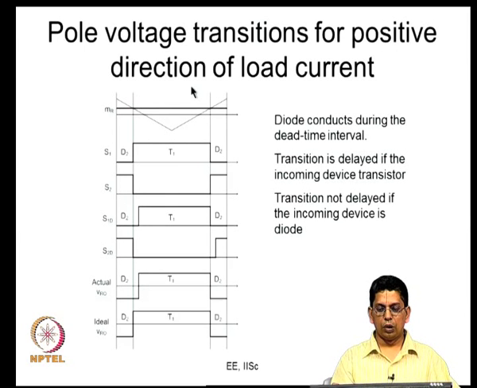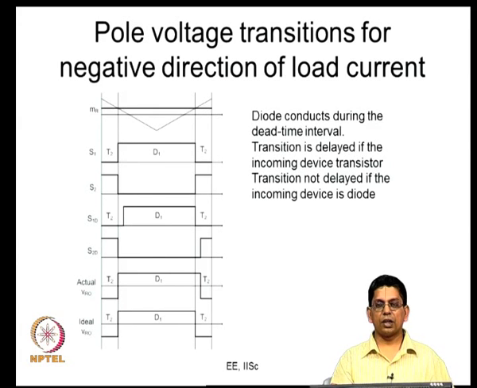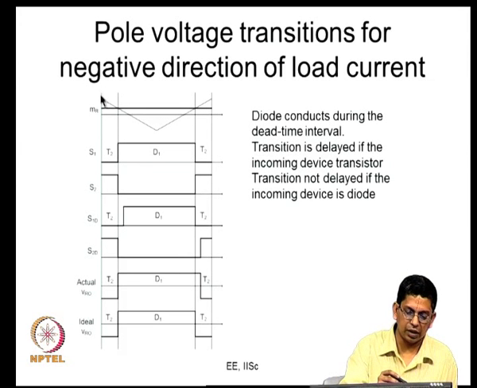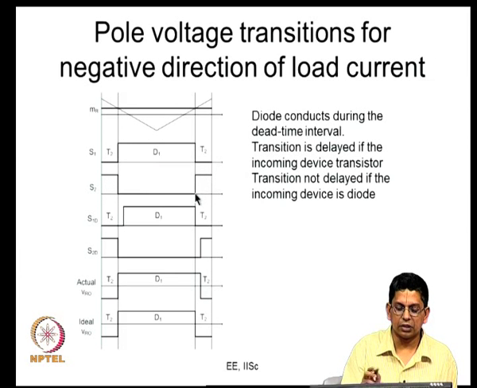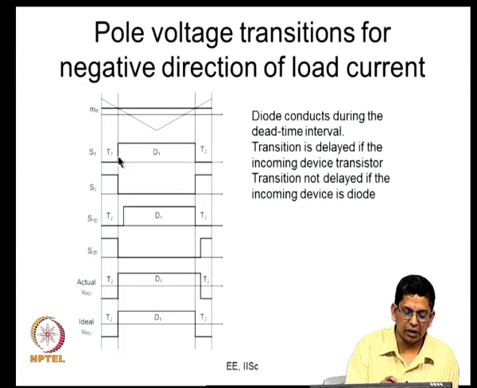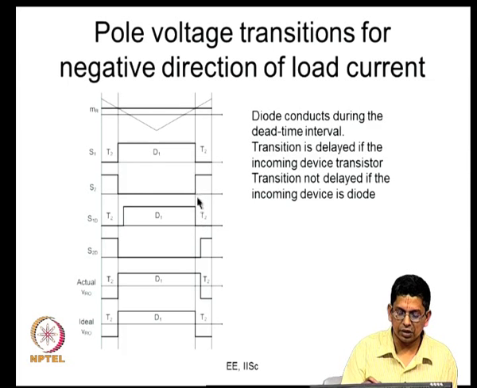What we are going to do now is to look at the negative direction of load current. So, this is the negative direction of load current. For that, we are considering the same carrier and the modulating signal, and these are the same idealized switching gating signals for the two devices, alright. So, S1D, what is happening here? The rising edge has been delayed by a certain amount of time, and here this rising edge has been delayed by a certain amount of time. So, this is what we have done, alright. So, the rising edges have been delayed, these are the S1D and S2D now.